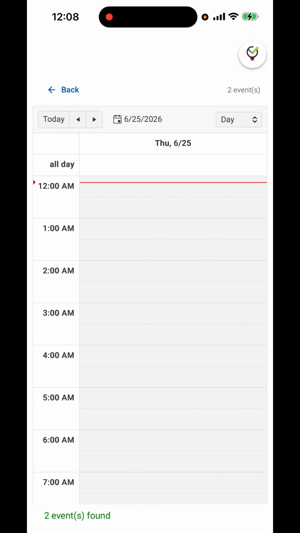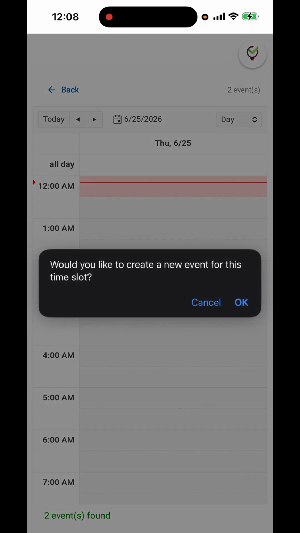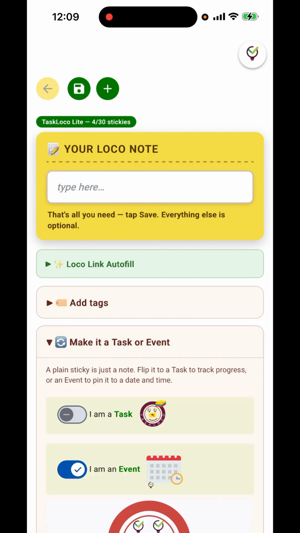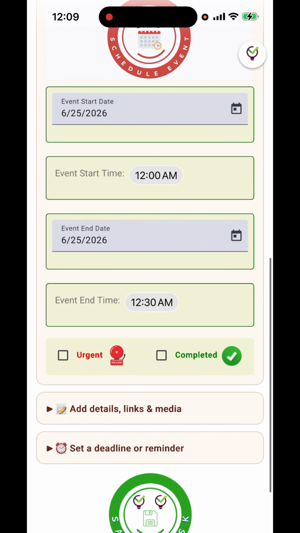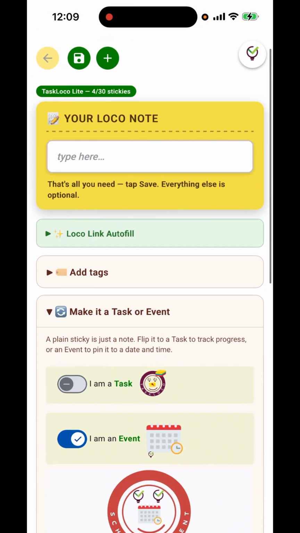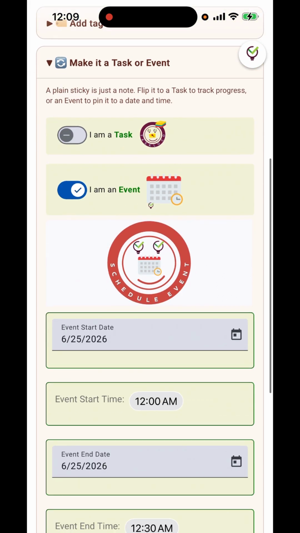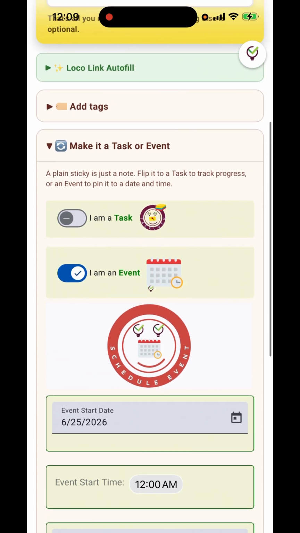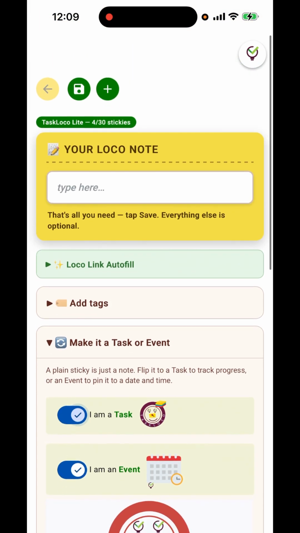So if you want to make easy events, just tap anywhere on the calendar where you want to make the event. And it's going to ask you, would you like to create a new event for this time slot? So all you have to do is say yes, and there it is. Inside the task and event section, there it is. Look, you can collapse it, you can expand it. So you make the event, it has a start and an end, date and time. You can mark it urgent, you can mark it a task, and what you have to do,